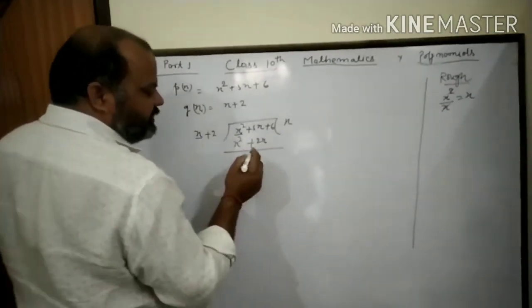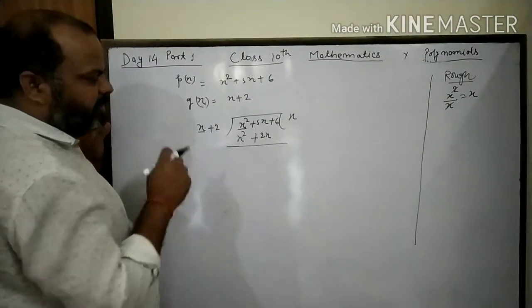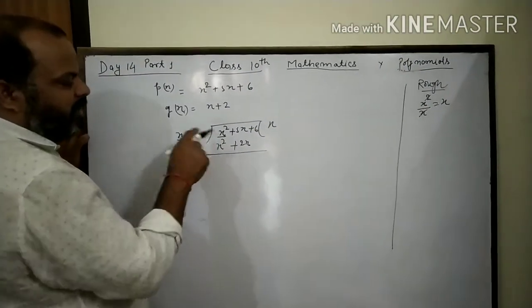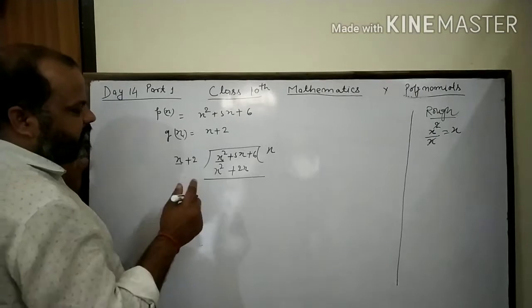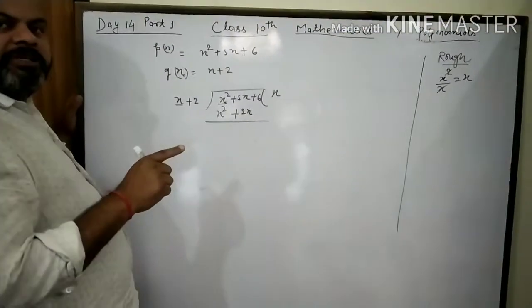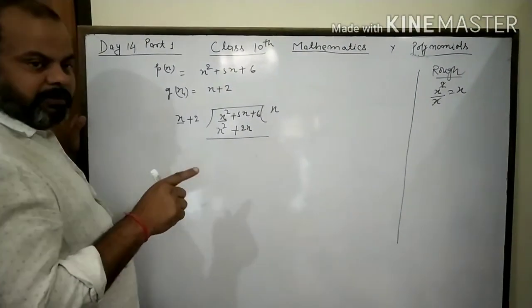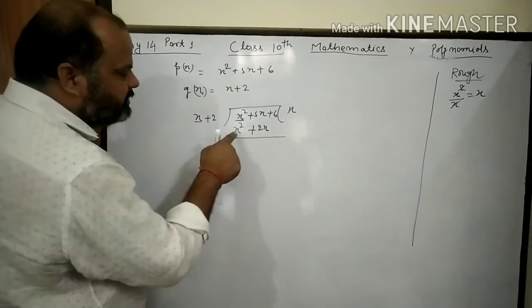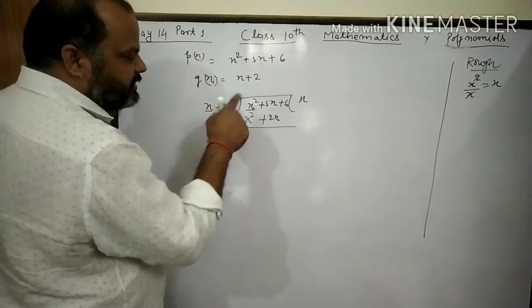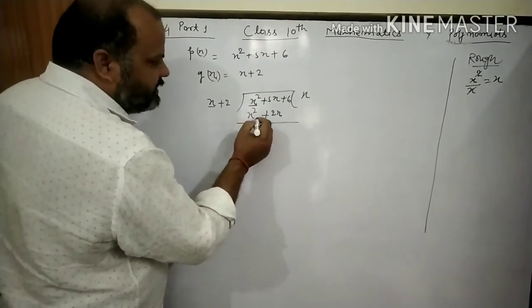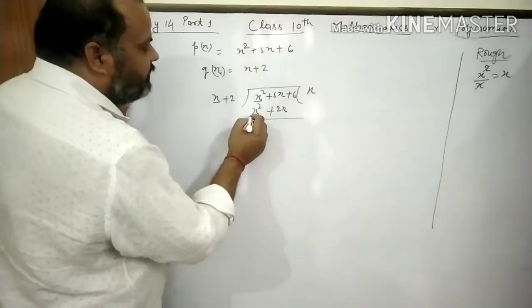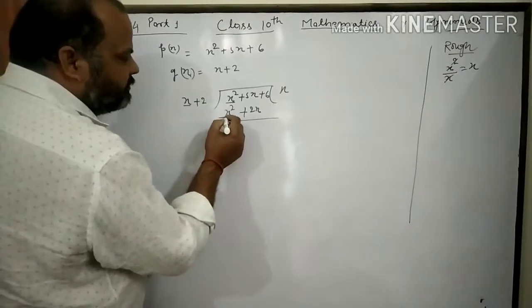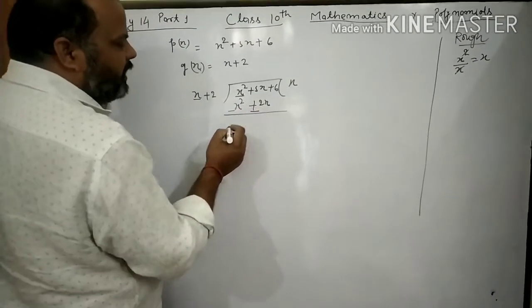And you know that in the division process we subtract. And if you subtract in algebra, then you know that in the subtraction of algebra, we change the sign of the subtrahend. Subtrahend means what is subtracted from this. Clear? Now this x square plus 2x is the subtrahend. Then here plus sign, it is minus. Here plus, it is also minus.